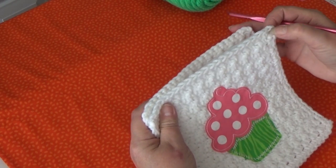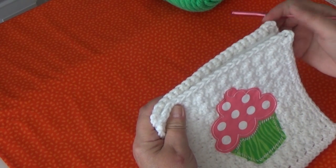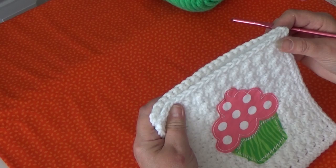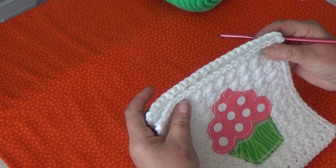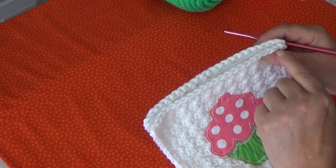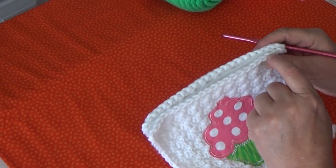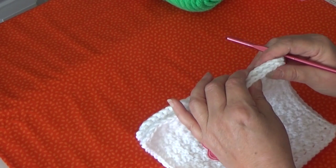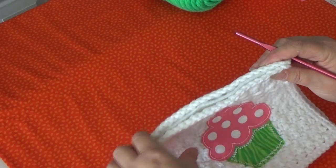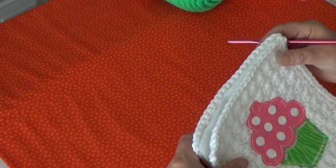So you're going to insert your hook into that chain 2 space, and then you're going to come to the back and insert it right through that, working through both. And if you look at the top of your pot holder, you match the stitches up. This one to the same one in the back, the front to the one in the back, and I think you can see that pretty clear, and that's how you're going to do your stitches, matching them through front and